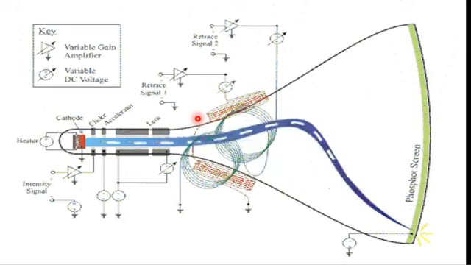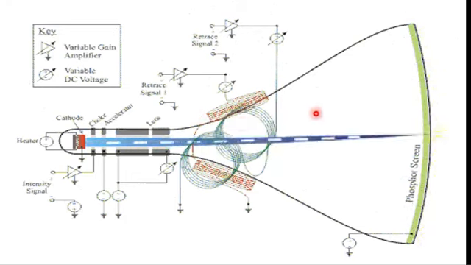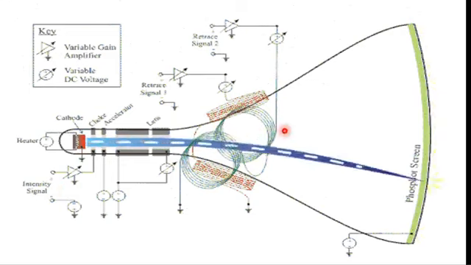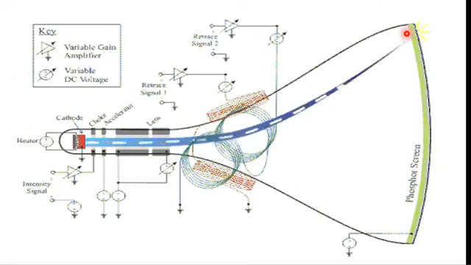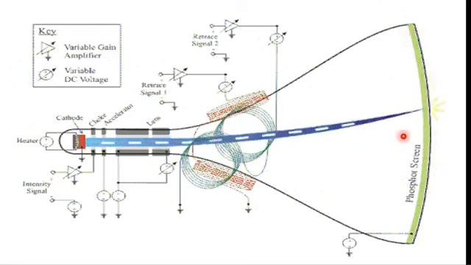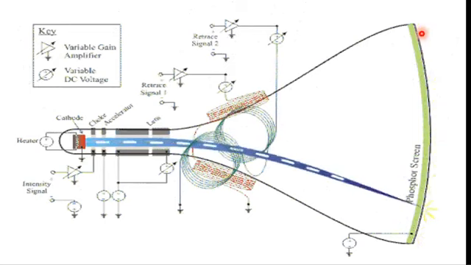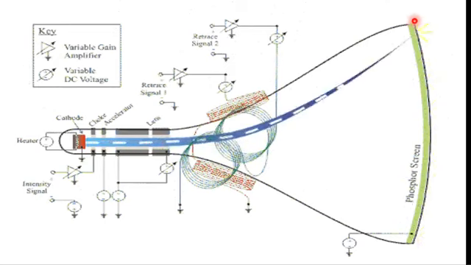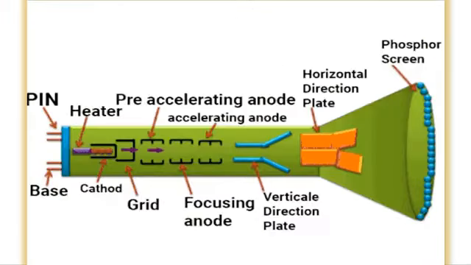This animated image indicates how the beam of electrons is deflected and strikes the surface of the phosphorescent screen, and as a result we observe an image produced by the phosphorescent screen. So dear student, in simple words, the cathode ray tube is a device which converts